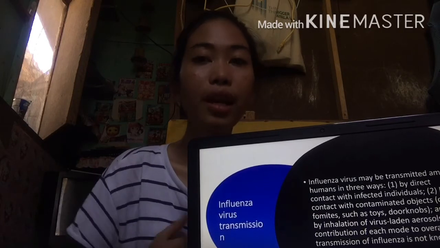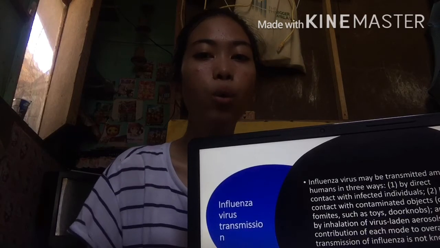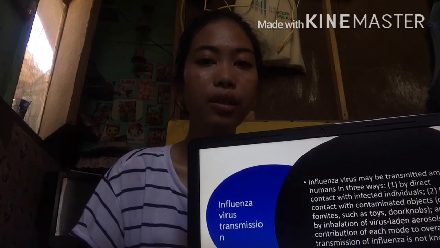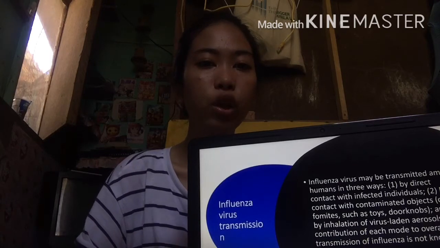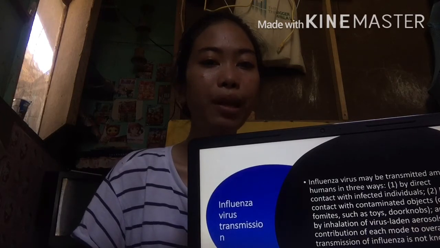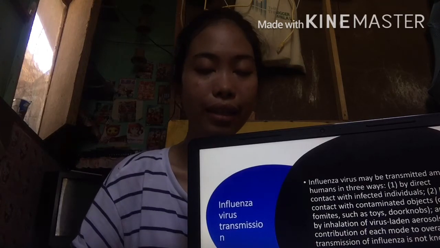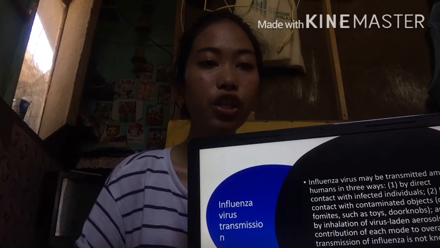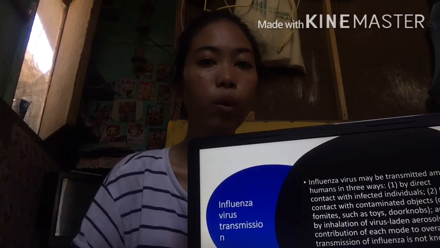The largest droplets fall to the ground within a few meters and will transmit an infection only to those in the immediate vicinity. Other droplets travel a distance determined by their size. Those droplets from 1 to 4 microns in diameter are called droplet nuclei. These remain suspended in the air for very long periods and may not only travel long distances, but can reach the lower respiratory tract. Inhalation of droplet nuclei places virus in the respiratory tract where it may initiate